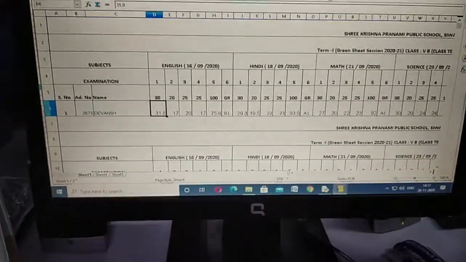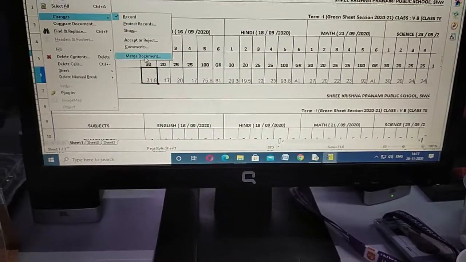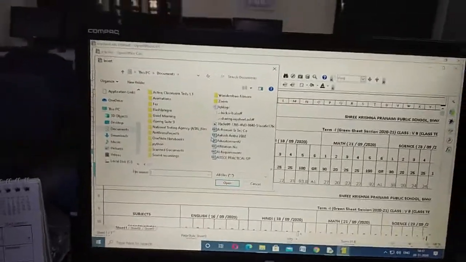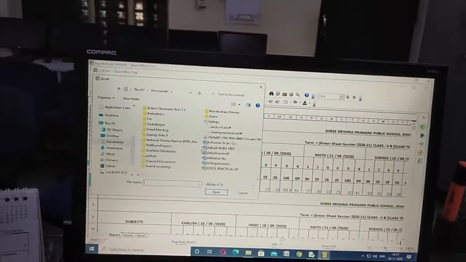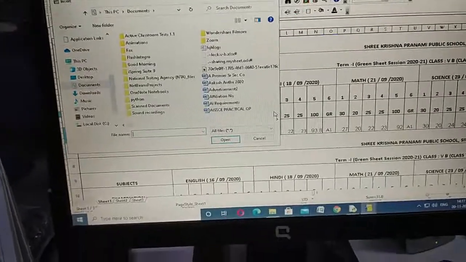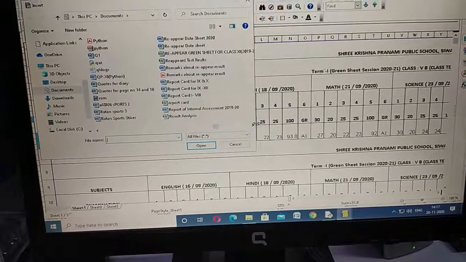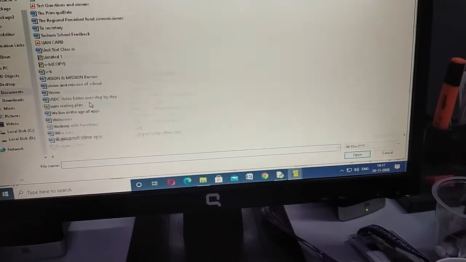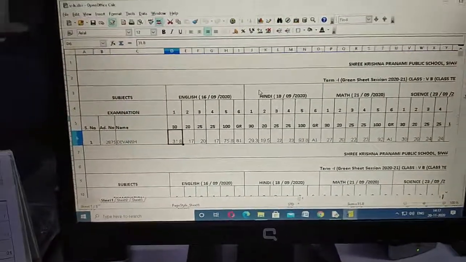After opening, just go to Edit again, and under Edit there is Change. Under Change there is Merge Document. The moment you click on Merge Document, it asks me for the other file in which changes have been done, with which you want to merge it. So you can select the same file, the original file, like class 5th B. So I'm opening the 5th B. The moment you click on it,